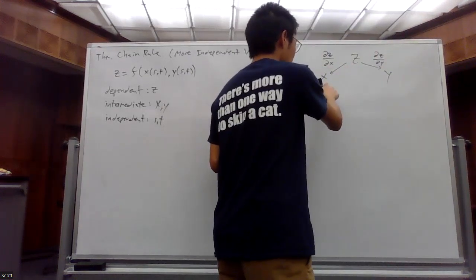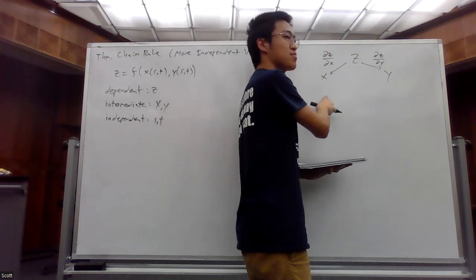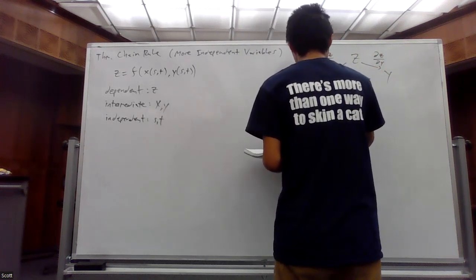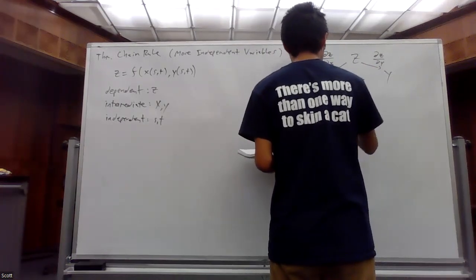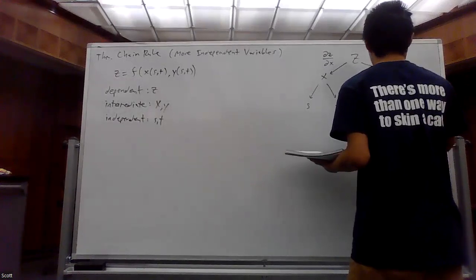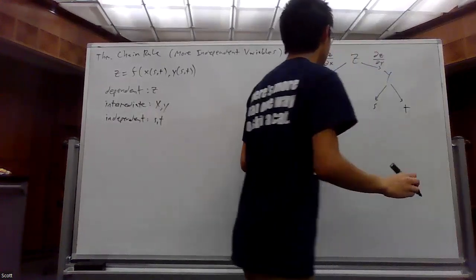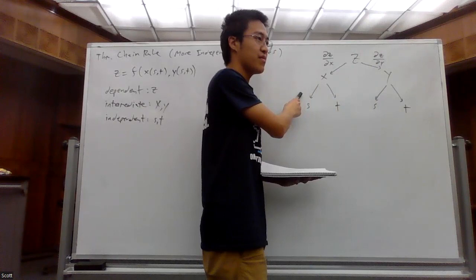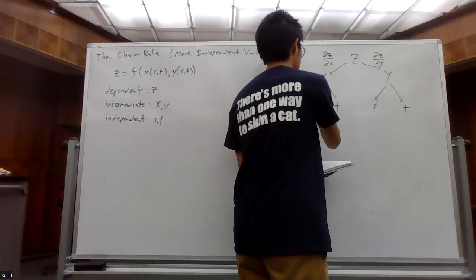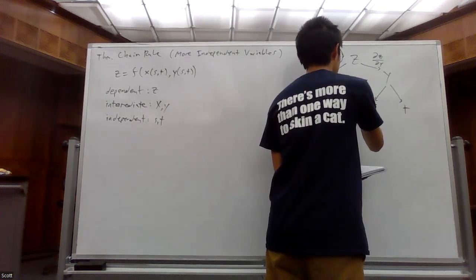Now, before it was easy because x was only responsible for one variable, so we could do a regular derivative. But now what's happening is it's responsible for f and t's independent variables, s and t. And so can I do a regular derivative anymore? Nope. It's going to be partial x, partial s on this side, and partial x, partial t on